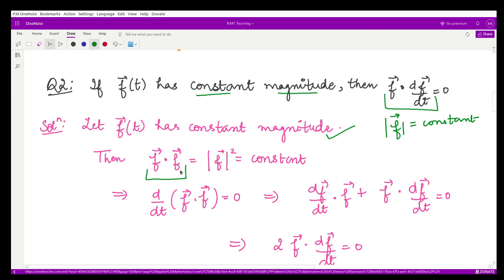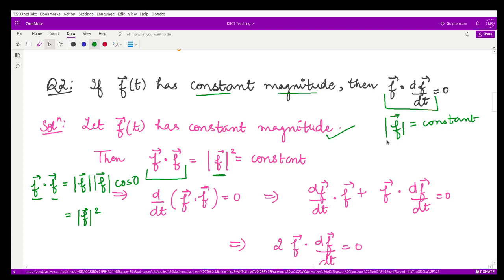So if you see by the definition for this dot product, this vector f dot product with vector f is going to be the magnitude of vector f times the magnitude of vector f times the cos of the angle between f and f. Now they are the same vector, so the angle between them is going to be 0. So we have cos 0, and what is cos 0? It is equal to 1. So you have the magnitude of vector f whole square. So this is what I have written over here.